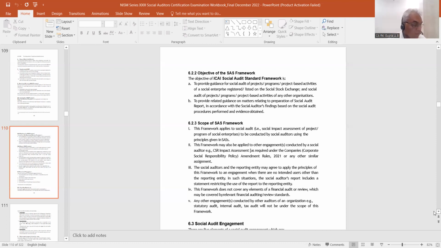ठीक है, अब ये कवर क्या नहीं करता? सोशल ऑडिट स्टैंडर्ड फ्रेमवर्क कवर क्या नहीं करता? ये क्या कवर नहीं करता? जो आपके एलिमेंट्स हैं of a financial audit or review which are covered in relevant financial auditing or review standards। ये फाइनेंशियल ऑडिट या रिव्यू कैसे करना है ये नहीं बताता। ठीक है, और any other engagements conducted by other auditors of an organization, स्टैट्यूटरी ऑडिट, टैक्स ऑडिट, ये भी इसके फ्रेमवर्क के स्कोप में नहीं आता। तो हमें ये देखना है कि सोशल ऑडिट स्टैंडर्ड हमें क्या बताता है और क्या नहीं बताता।